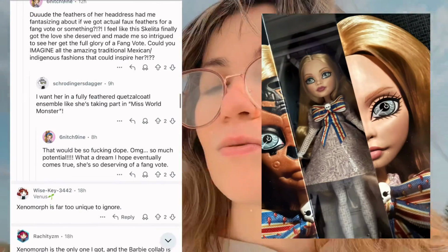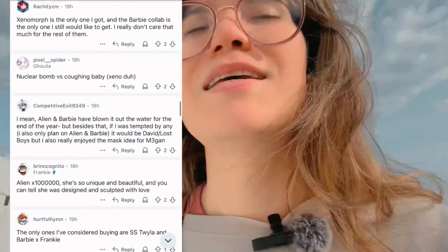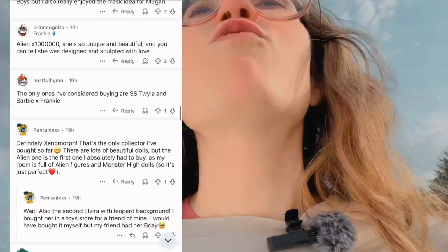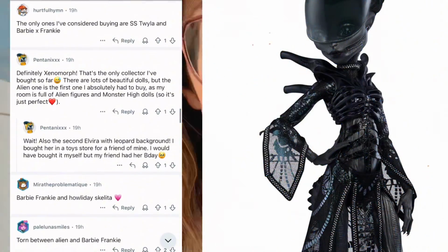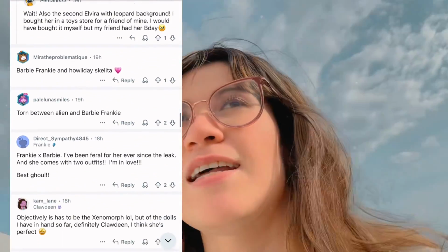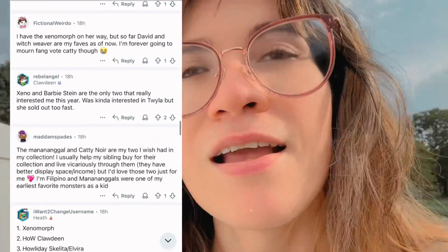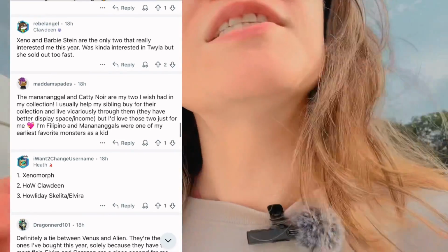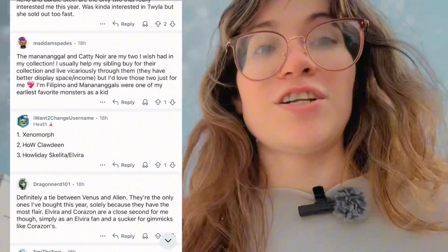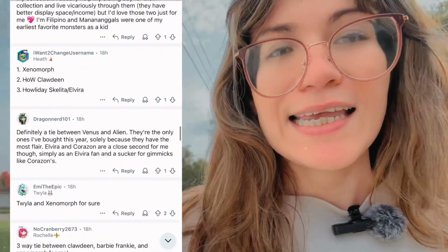Oh, that Megan doll is so cool. And the Corpse Bride Emily, I love her so much. She's so cool. Fourth would be Xenomorph. I know, you probably expect her to be higher on the list. But I don't think she really goes with my aesthetic. You guys know me. I love pink, black, I love my pastels. Xenomorph, as detail-oriented as she is, and how much nostalgia I have towards the Alien movies, I just wouldn't say